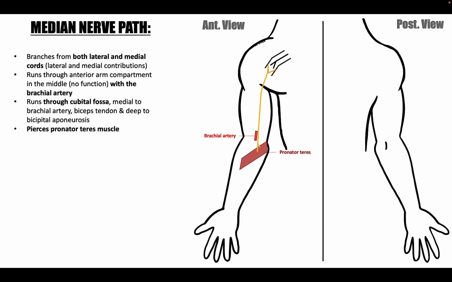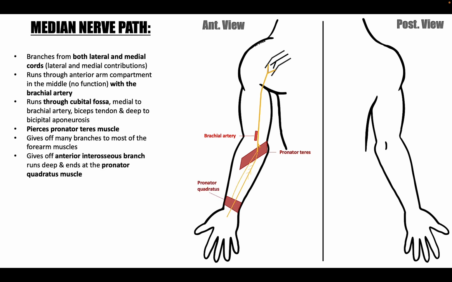It then pierces a muscle of the anterior forearm called the pronator teres, so it innervates it. Anytime you hear the words pierce a muscle, you should assume it innervates that muscle. And by pierce a muscle, I mean it pokes through it. And then it branches a lot to all the muscles of the anterior forearm except for 1.5 muscles that are innervated by ulnar nerve. Median nerve gives off a special branch called the anterior interosseous branch that runs, as the name